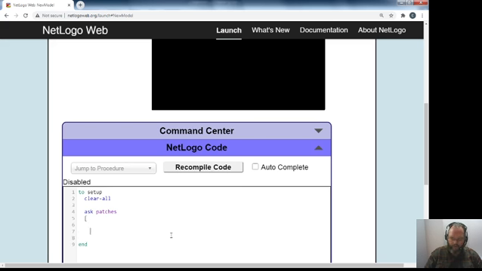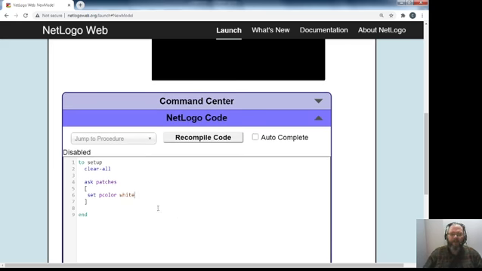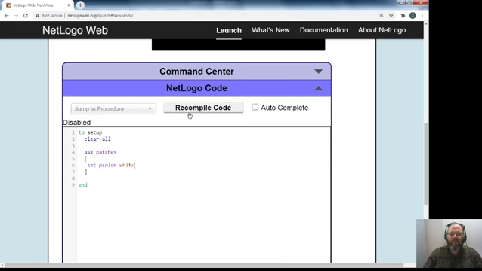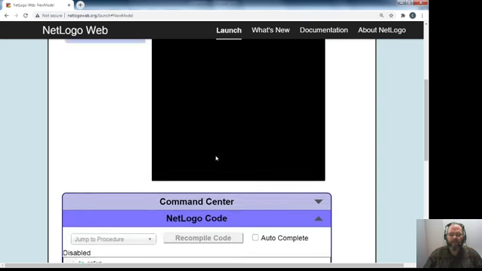I'm going to hit enter twice, and I'm going to do an ending square bracket, and that's the one next to the starting square bracket. And in between, I want to move my cursor in between, and I'm going to say set P color white, and you're going to see that I'm going to end up changing that a little bit later, but you'll see what this does. I'm going to hit recompile code here,